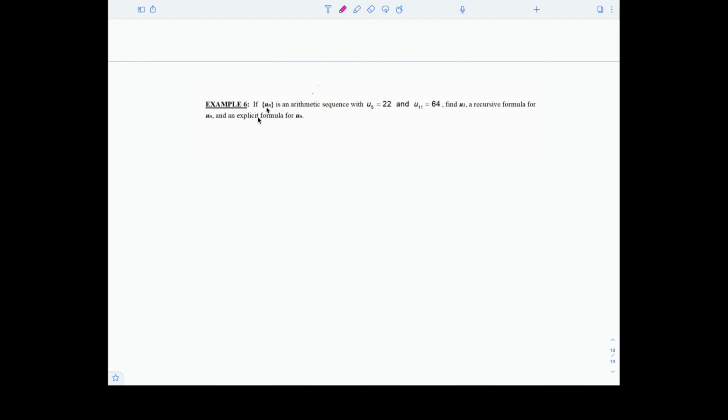6. If u sub n is an arithmetic sequence with u5 is 22 and u11 is 65, find u sub 1. Okay, so I'm going to visualize this: u sub 1, u sub 2, u sub 3, 4, 5, and actually we've got to go to 11. 6,